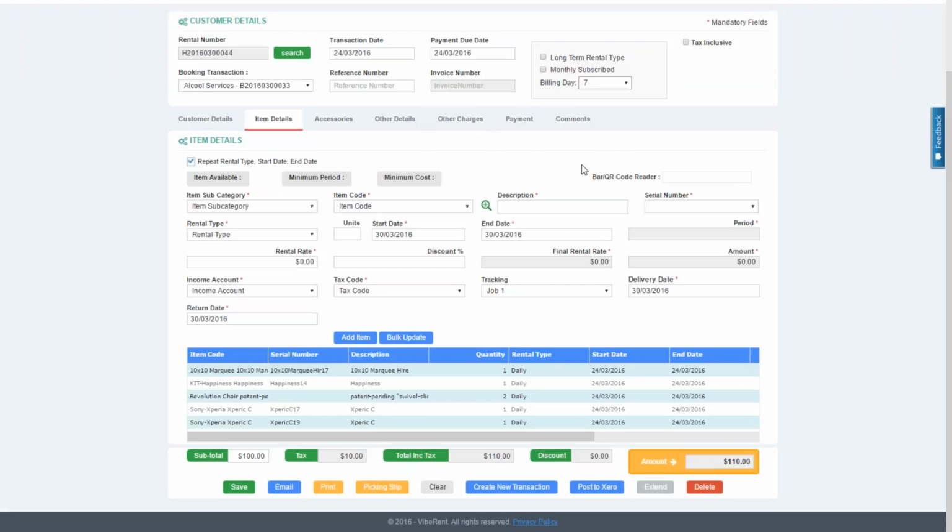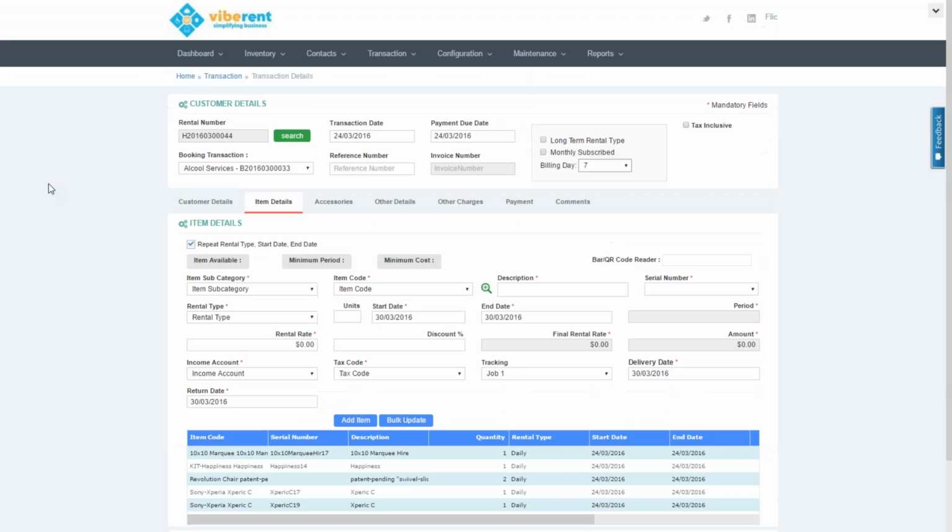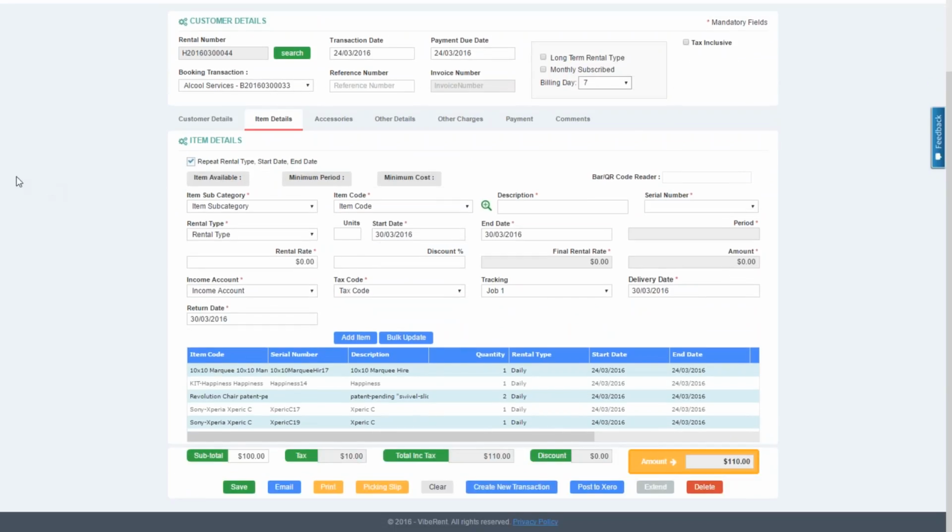Once the transaction is ready and is posted to Xero, next month when it's ready to be invoiced, you can simply extend the transaction by clicking the extend button that allows you to extend the rental for a further period. In this case, for a further few days or few weeks or few months, the system allows you to automatically extend it. Now, you can post to Xero this way, or